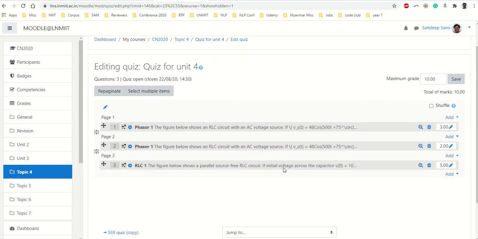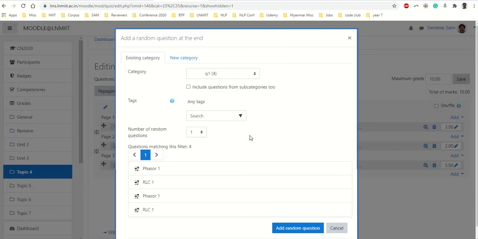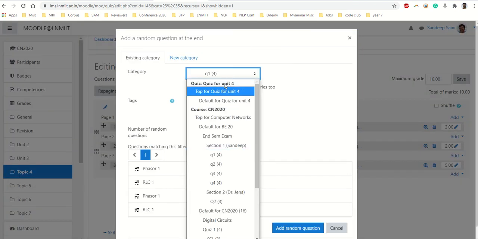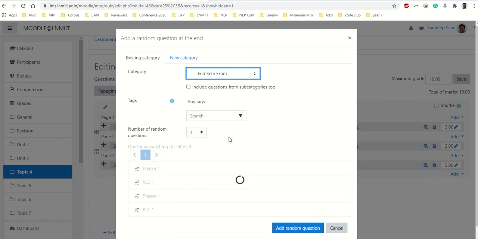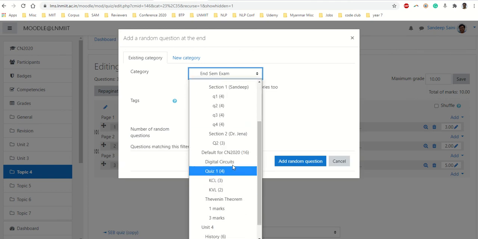Next thing, now I want to add some random questions from a pool of questions. So I have a pool of questions, let us say this one. So in this pool, I'll select right.